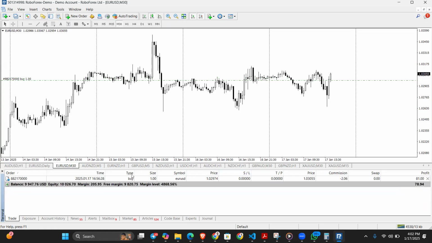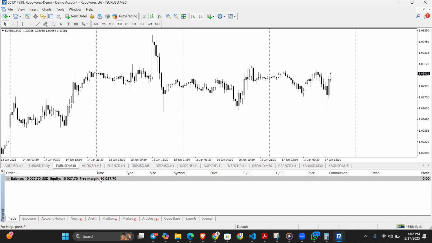So now, if I close this particular position, you won't see this margin column again. Just watch what will happen. Have you seen? You are not seeing margin again. So by default, you won't have margin, right? It's only when you want to open a trade that you have margin, because margin is the amount of money you need to keep outside for you to open a trade, right? Now this is the new balance,